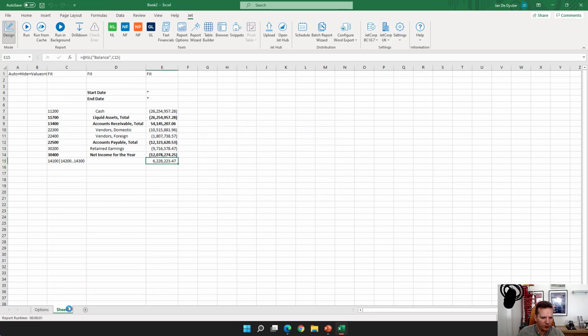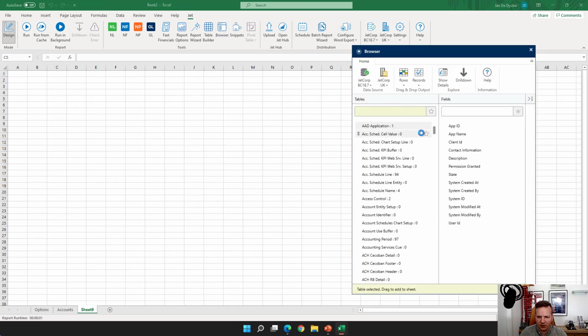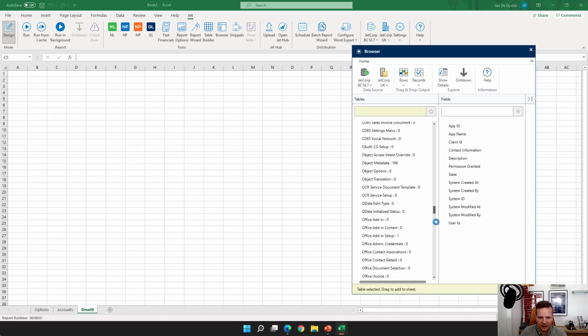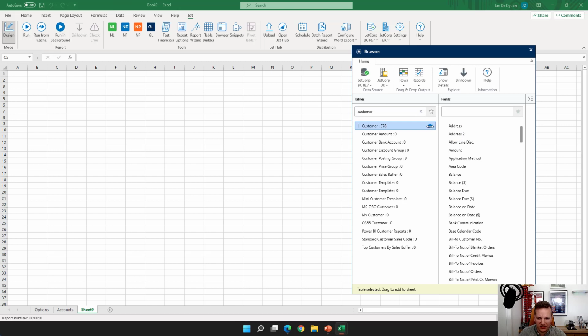I'll go back to design and show you one other way of building reports, a basic way of starting to build a report. So I call this sheet accounts, needs a plural, accounts, and I'll create a new sheet. For now, I pull up the browser, and the browser on the left here gives me all the tables that are in my BC, and on the right, it gives me the fields of the table I selected on the left. So let me select a simple table. I got the customer table here. It has a little blue star here, which means it's already in my favorites. So I can make a list of favorite tables I use regularly, which makes it a lot